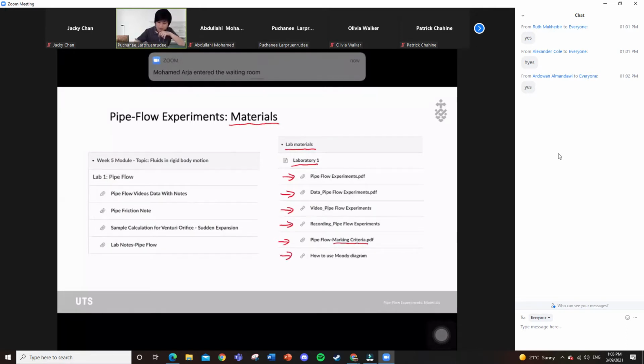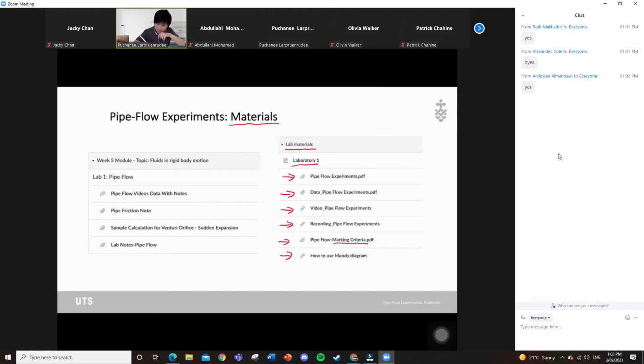Another one is the video that teaches you how to use the Moody diagram. You need to use the Moody diagram to get the friction coefficient to do the calculation. Or you can also find it in module 5 section for lab report 1. You can see the video and the data with the note. It will be the same for this one. Pipe friction notes, this one is related to